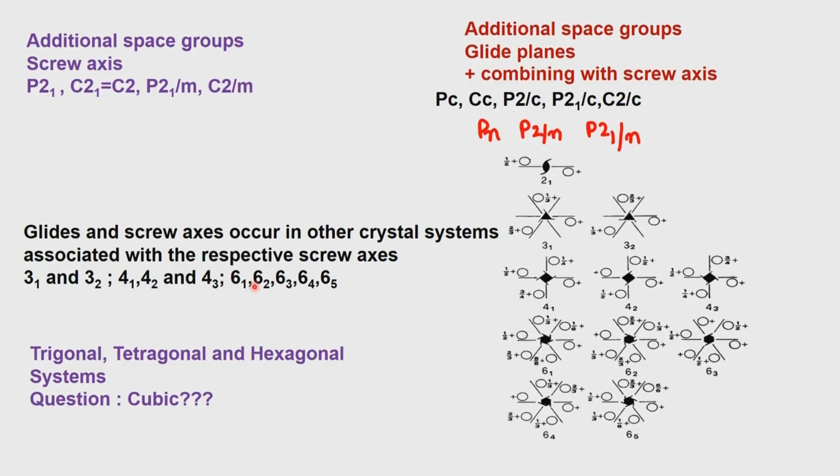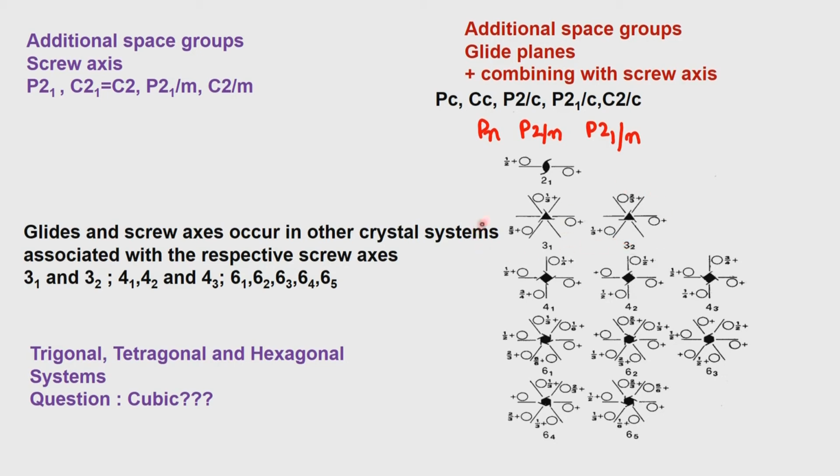Now the screw is, let us say, 3-fold geometry. Then we can have one turn which gives you 1/3. Second turn will give you 2/3. The third turn will give you the full turn. Similarly, the 4-1, 4-2, 4-3. And 6-1, 6-2, 6-3, 6-4, 6-5. So all these possible rotations can be located, and therefore I have shown it on the right side where you see the type of operations. We have discussed it already once. So these will now give us the 3-1, 3-2, 4-1, 4-2, 4-3; the equivalent points which get generated by these operations are also indicated here.